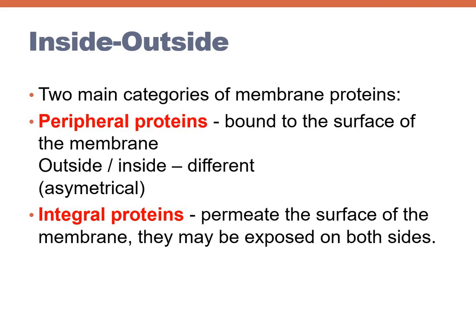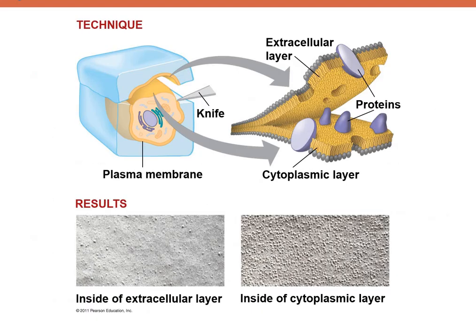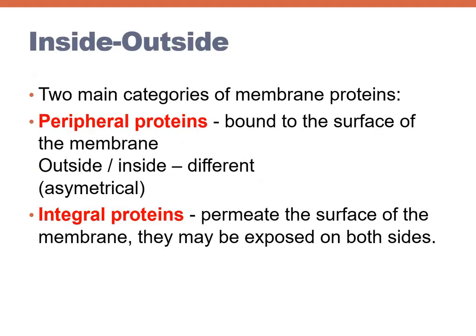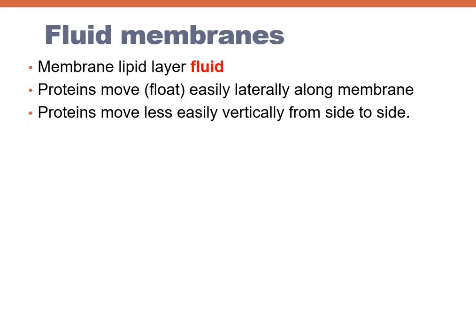Bilayers are one of the major constituents of it. They are the membrane that separates, but in between you have some peripheral proteins which are bound to the surface of the membrane, and some integral proteins that are permeating the membrane. They are exposed on both sides. If you see this picture, some proteins can be seen from outside only, and some are penetrating the entire membrane, sitting on both sides, their ends protruding out from both sides. So they are called integral proteins and peripheral proteins, and the final structure is called a fluid mosaic model.